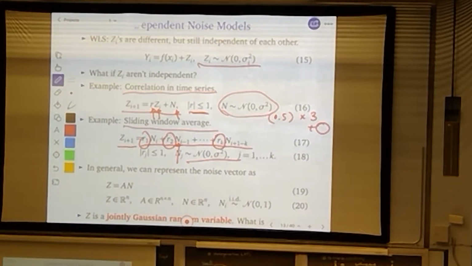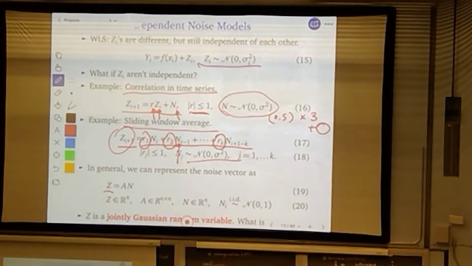As a result, your Zi becomes correlated over time. So in general, we can represent the noise vector as Z equals a linear combination of some independent IID noises,